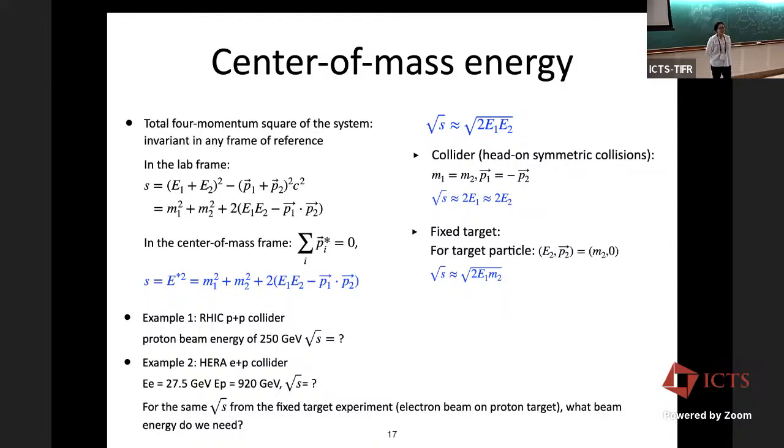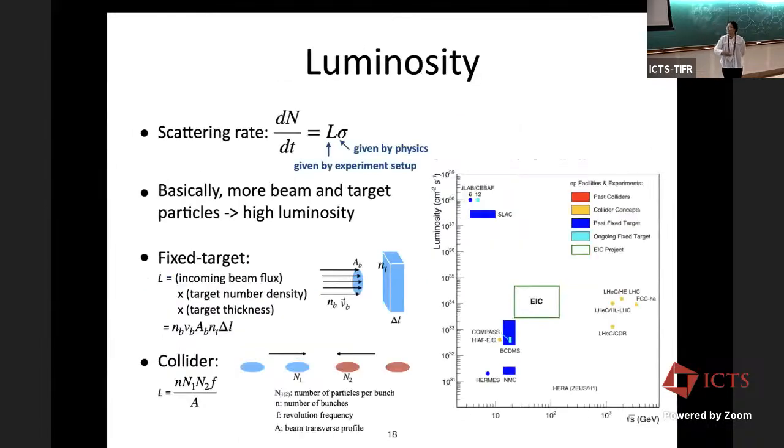All right, the answer is about 50 TeV. So it's not going to happen during my lifetime to have a fixed target with a 50 TeV beam. So we better have this ep collider, right?